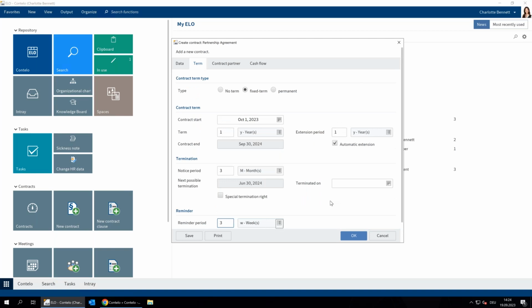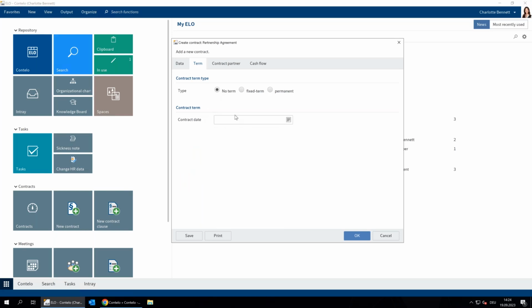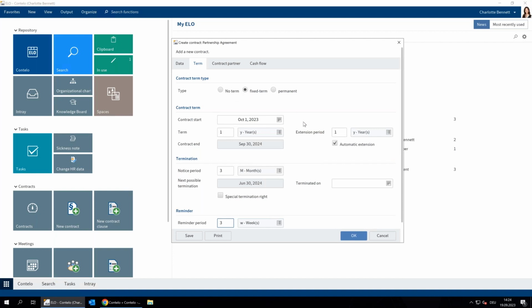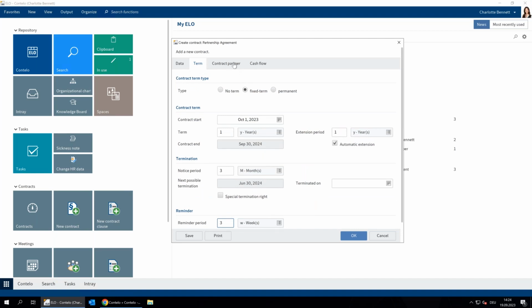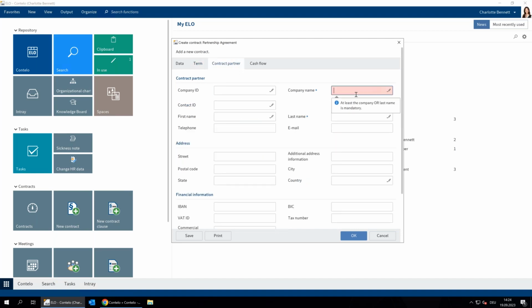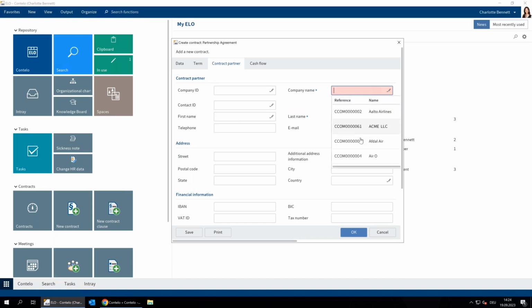For example, when I use the template for a sales contract, which has not a fixed term, which has no term, then I can't see those fields. So when I click on no term, then I only get the field for the contract date. And I hope my information is, yeah. So that's the contract term. No term, fixed term, or permanent, with some information which you have to provide, or which is defined in the contract template as well. Then we have the contract partner, and then I have to select a contract partner from my list. So let's say it's